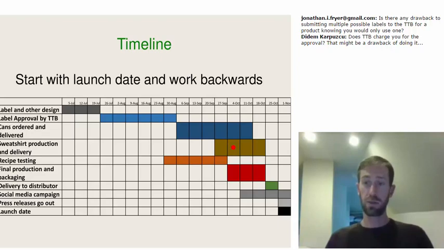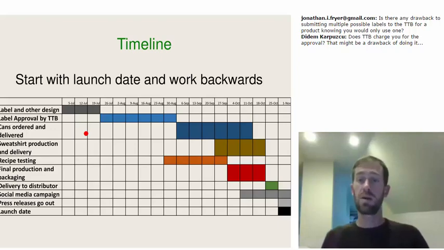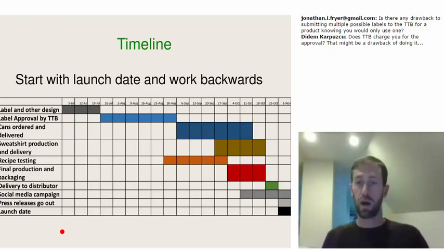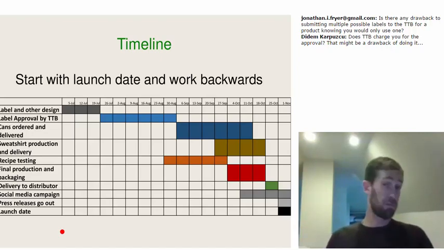So, think about what Bruce was talking about. Some of the hardest things he has to do is come up with marketing language that is going to go on the can label before they're anywhere near recipe testing. So he knows hopefully what sort of hops is going to go in that new beer, and he's got a good idea what those hops taste like so that he can create some marketing language around it. But man, if you're a little less familiar, or if you're trying to create something that's a pretty broad departure from your normal product line, you can see how you're really going to have to either talk very generally about